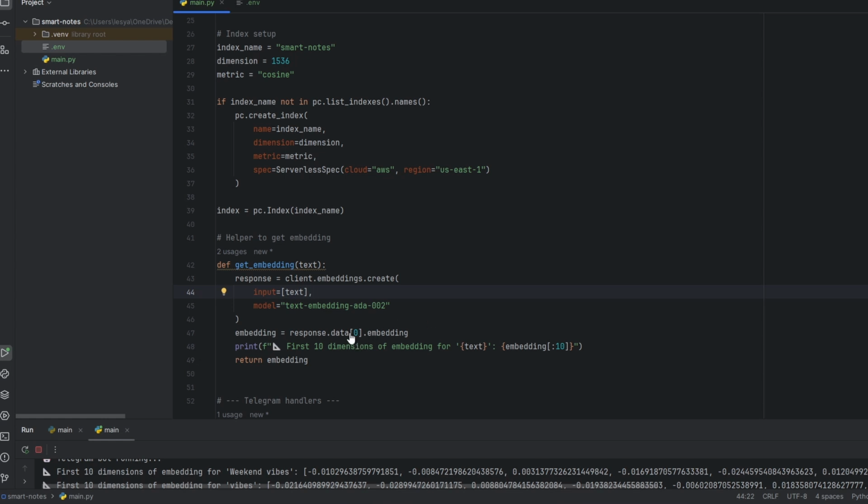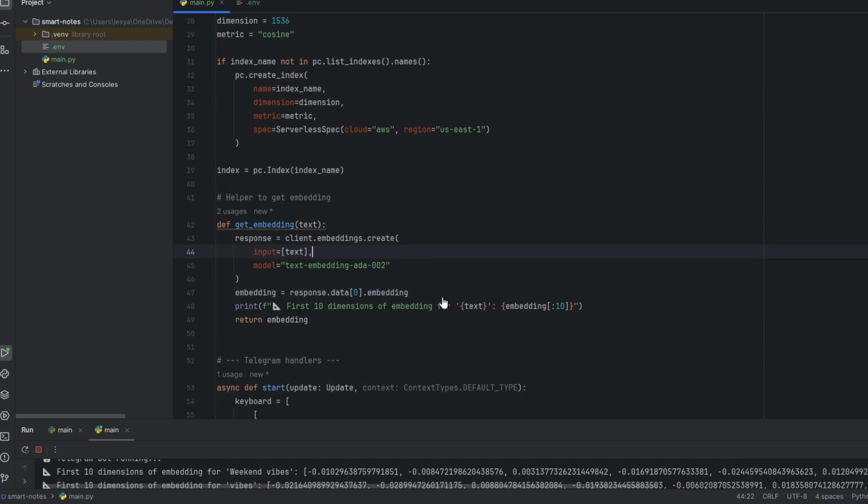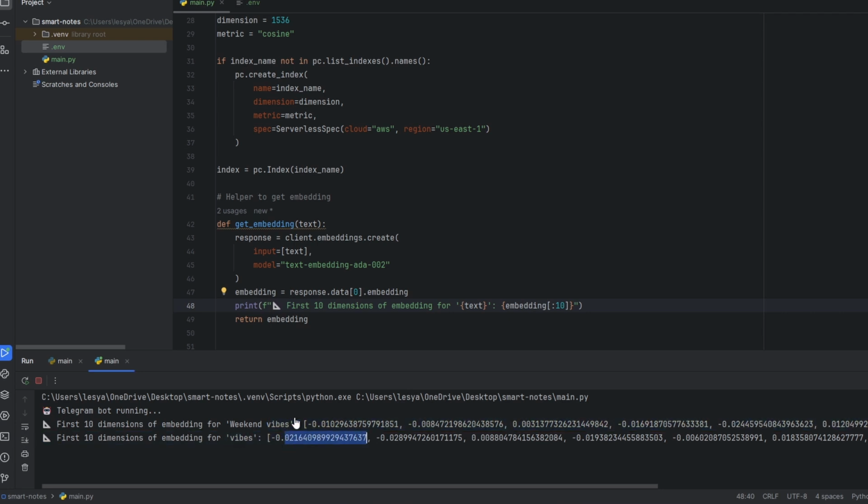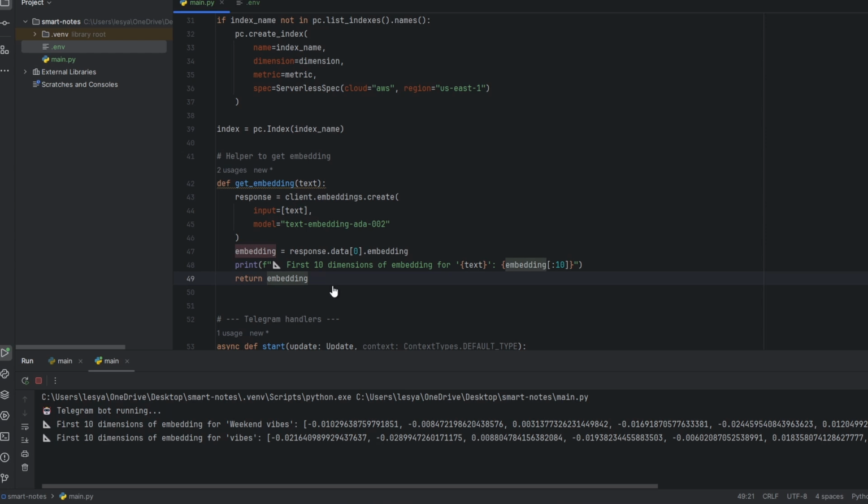Then we extract the actual embedding vector, a list of 1536 floating point numbers, from the first result in the response. After that we print, and that is for debugging purposes, 10 dimensions of the embedding, so we can see a quick visual of what's been generated. Then we return the embedding. This returned vector can now be stored in Pinecone for later searching, or compared to other vectors to find semantic